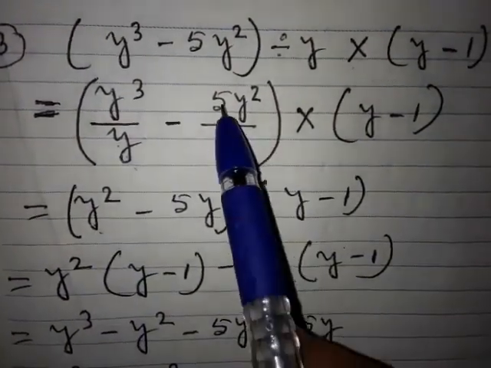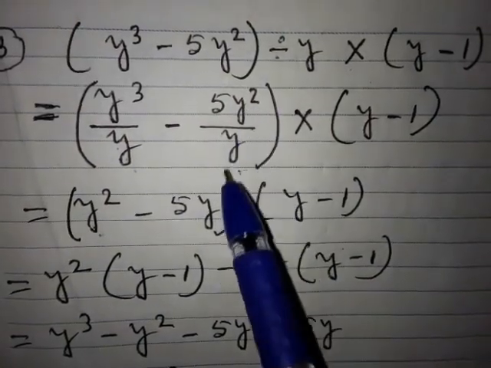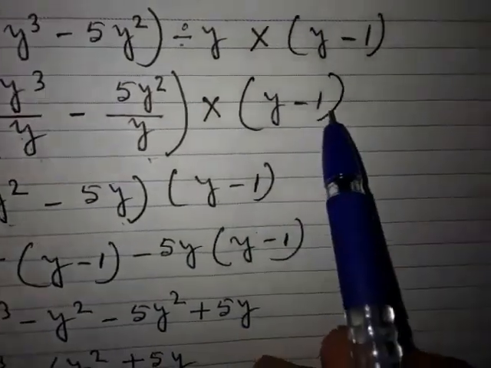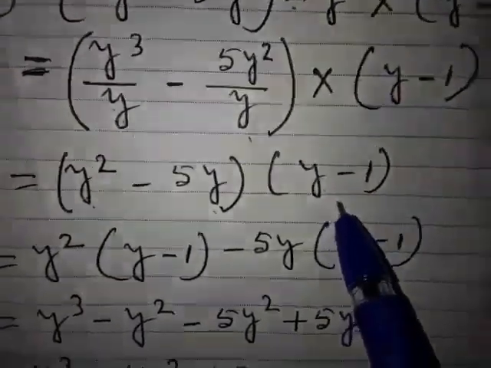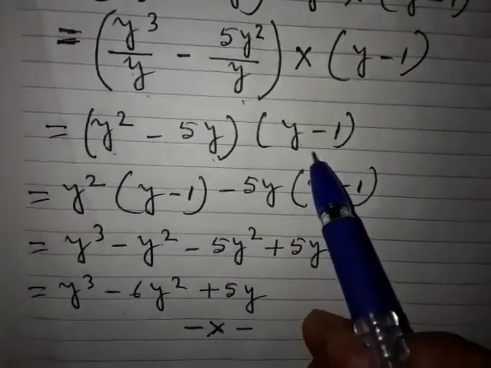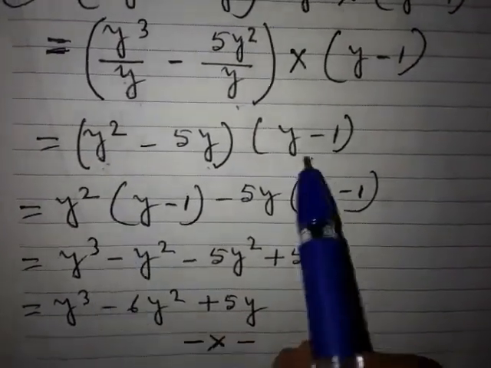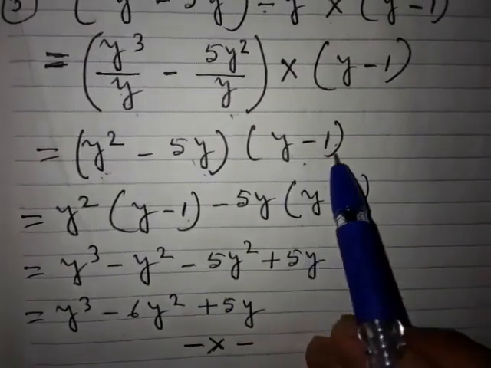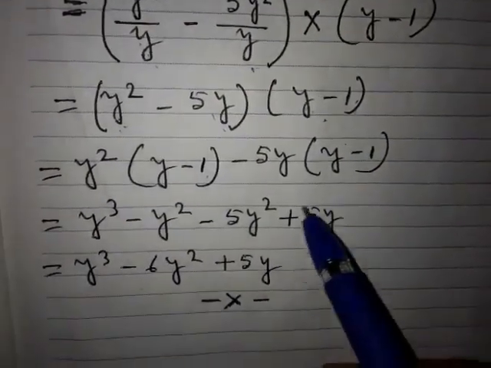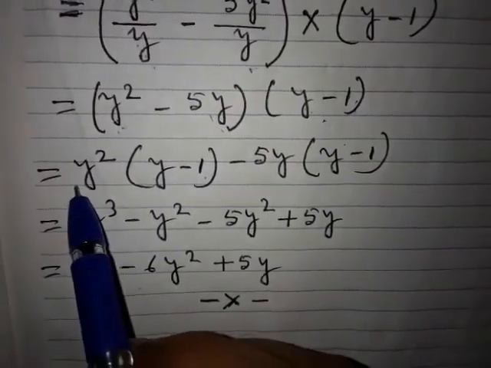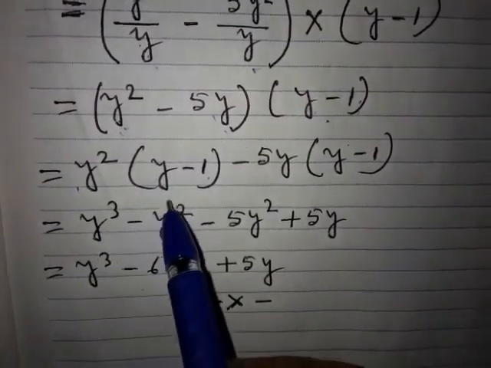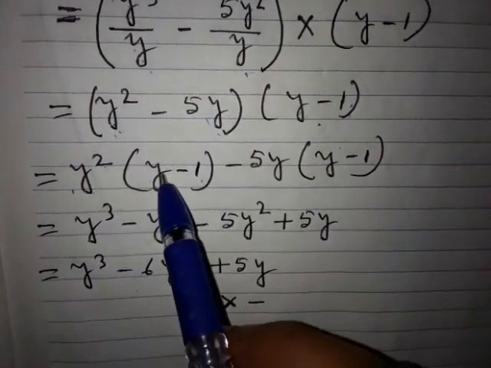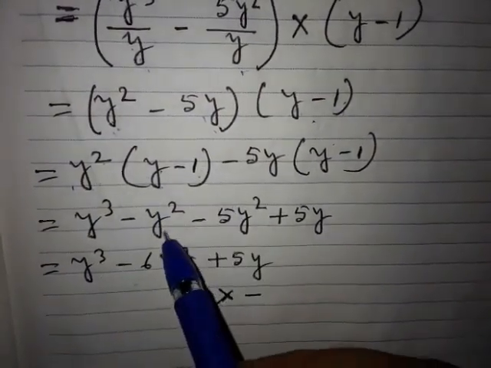Same way here, 5 is already there. y, both are the same. You write the y, upper power minus down power, 2 minus 1, 1, y comes, and whatever is here, y minus 1, same. Now you know the rules of multiplication, so many questions we have solved. So you know that take the first one, multiply it with this, take the second one, multiply with the full one, and if you multiply, you know the rules. Here both are the same, outside the bracket plus sign, the sign will be the same, and whenever you multiply, if both the alphabets are the same, write the alphabet one time, add their power. I did the same thing, and y square minus 1 comes the same way here.